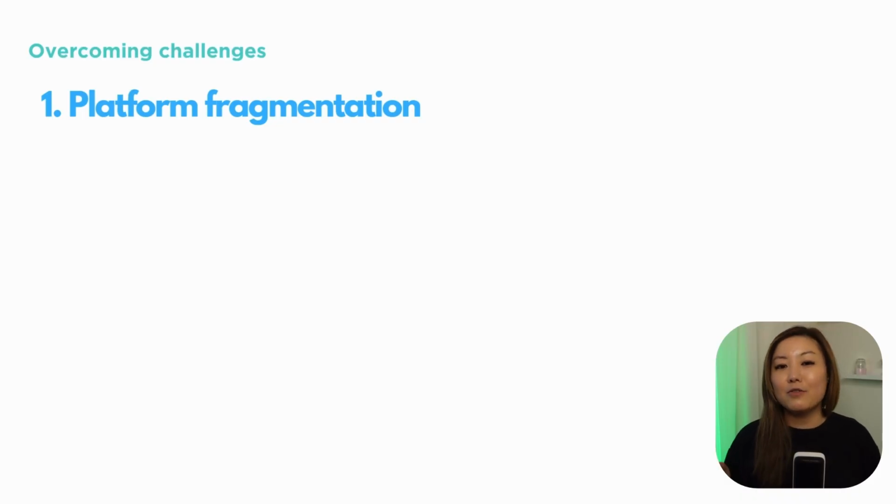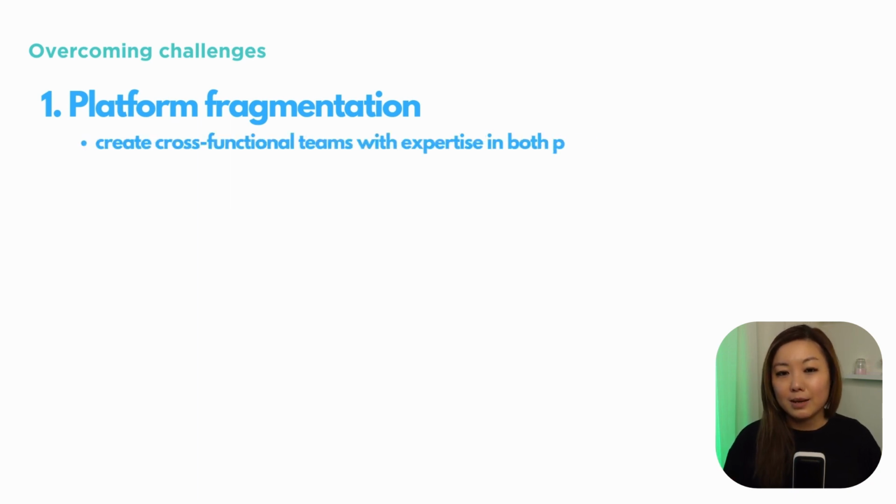So here are some challenges that you may face and how to overcome them. First one is platform fragmentation. Now, native apps often need to be developed separately for iOS and Android, leading to potential inconsistency and an increase in development. To overcome this, simply create a cross-functional team with expertise in both platforms to ensure consistency of user experience